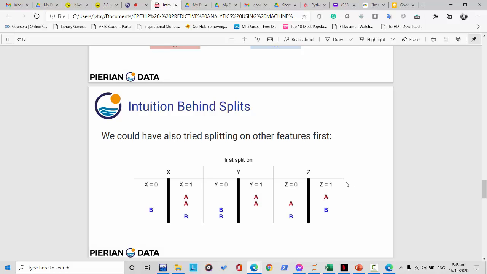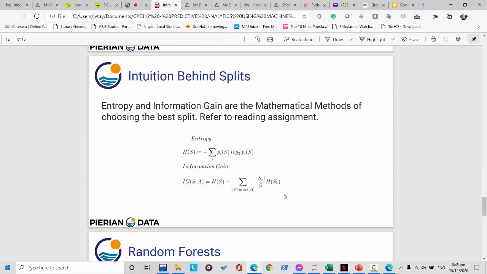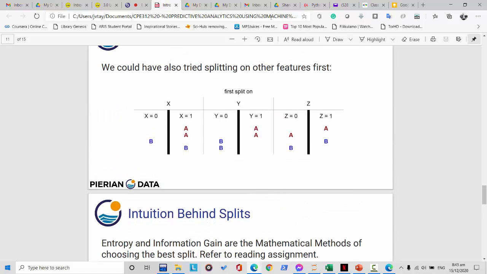So definitely, we could try splitting on all the features, but you can see from the features which one will decide and definitely categorize the two classes in the example. Okay, so the intuition behind this split